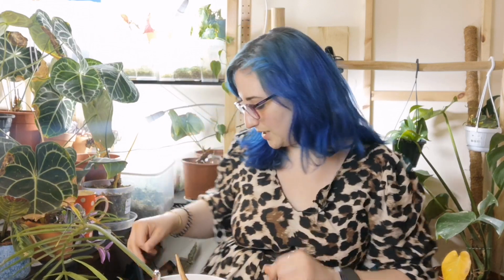Obviously there is some to be expected, because you can't get all of the soil substrate off, and some of the roots will inevitably die off because they're not useful to the plant anymore, because they are specifically for absorbing moisture from a soil-based substrate. So that's what I plan to do with this. So all I'm going to do is just stick it into the self-watering pot and position it vaguely how I want it to be positioned. And